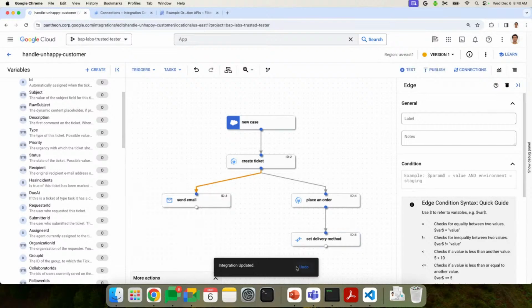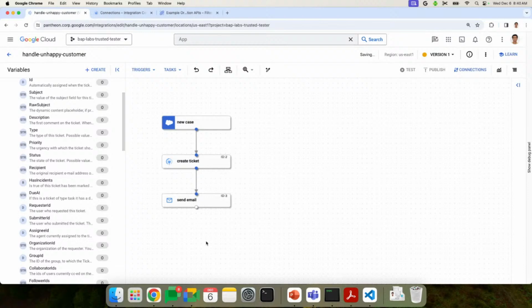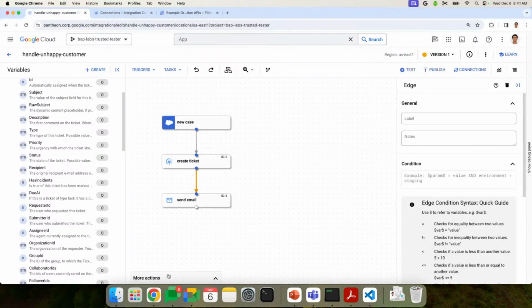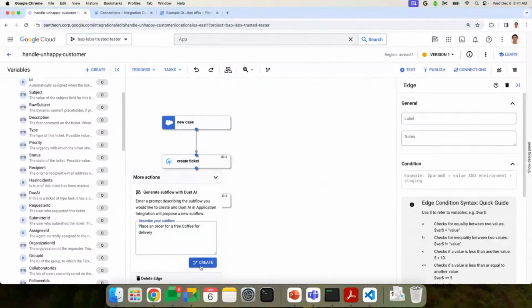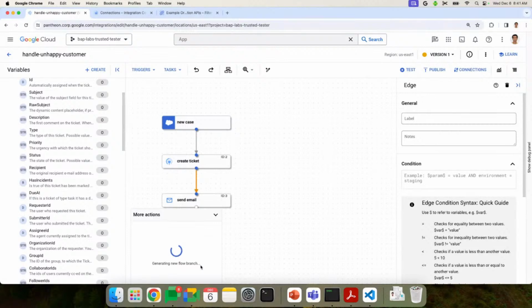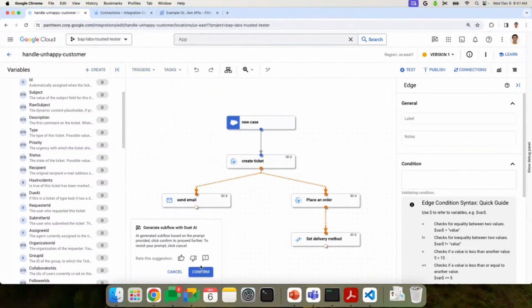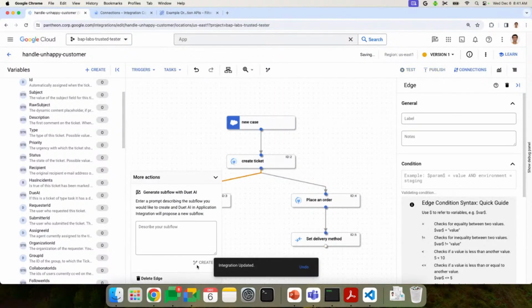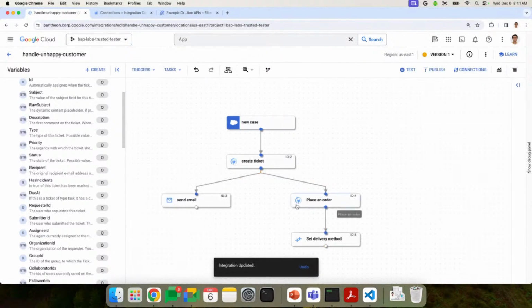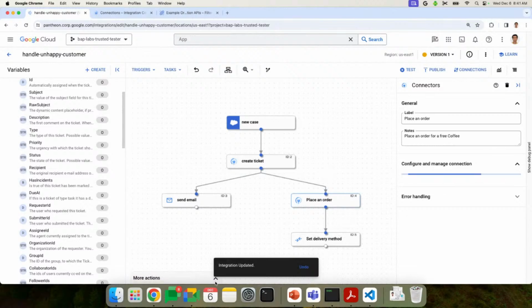But the more important thing which I wanted to showcase is, sorry, my bad. Did I click undo? My bad. Sorry, just give me a second. Let the AI come back again and ask it for the delivery. What I wanted to show is not the additional steps it created. As I said, it can actually go and create more steps. What I wanted to showcase is the power of enterprise context here, right?